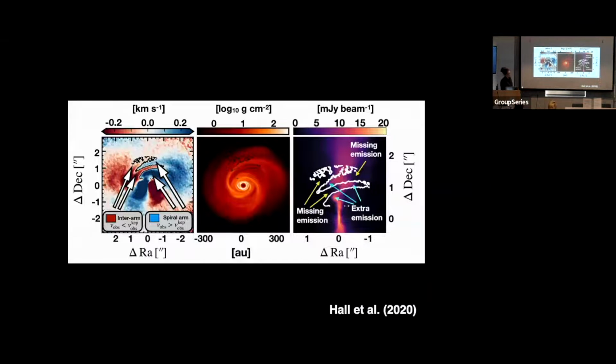So just to explain what's happening to cause this wiggle, on the left-hand side, I've got a moment one map, and I've traced out the line of that delta V equals 0. You can see you get this kind of interlocking finger structure. Then taken that and traced it out just so that you can see here. So basically we have sub and super Keplerian inside and outside of the spiral arms. And what that does is it steals emission into neighboring channels, okay? So this has had some emission stolen from this channel, but it's also had some pushed in from the neighboring channel as well. So rather than getting these straight Keplerian cones or Keplerian butterfly, you get this distinctive zigzag feature instead.